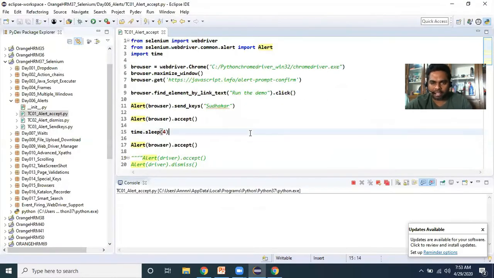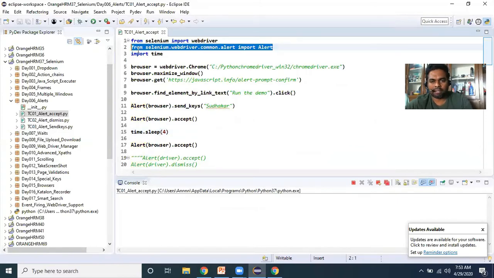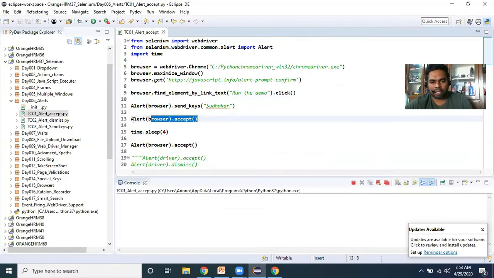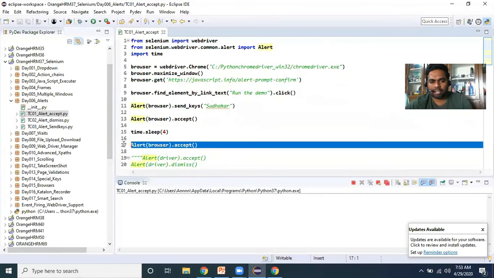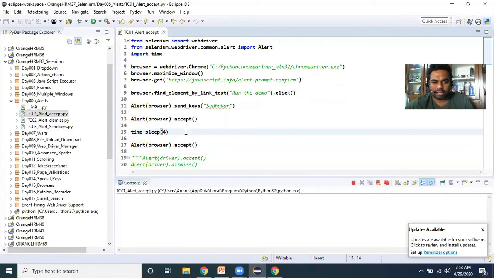To handle web alerts, Selenium has given this Alert class we have to import. Simply we have to write alert.browser.accept or alert.browser.dismiss. Okay, so that's it on the alerts part. Now let's see more examples on alerts.